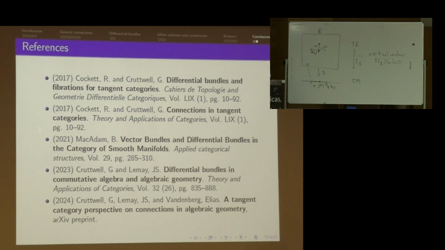Other questions? Yes? Yeah, thanks for the talk. It was pretty interesting. When you talk about connections and these differentials, you normally also have a Lie algebra you can associate to it, and this curvature perhaps gives you curvature, but do you think there's enough data in these tangent categories to start constructing that? So is the question whether you need Lie algebra stuff to do all of the connection things, or is there a Lie algebra you can associate to it?